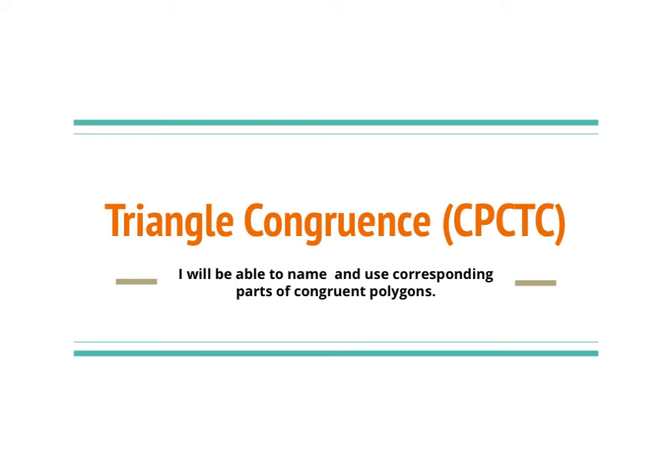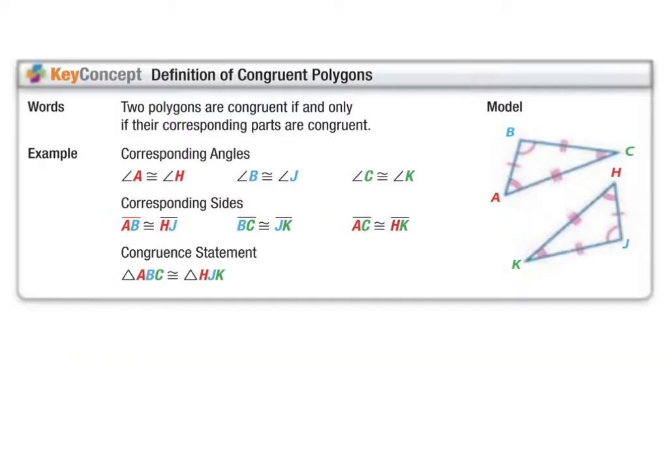Triangle congruence. After watching this video, I will be able to name and use corresponding parts of congruent polygons. So whenever we have two polygons or shapes that are congruent, that can only happen if all the corresponding parts are congruent. So for example, in the two triangles to the right, we have corresponding angles, which means we have